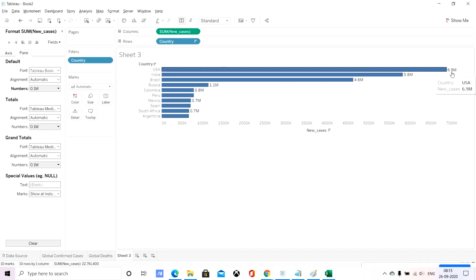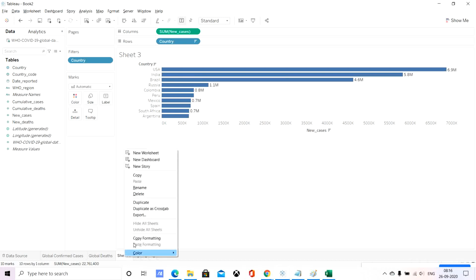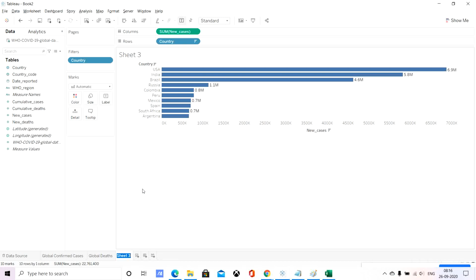So you can see USA has 6.9 million cases. India is very close now. I think in a month or two, India will surpass USA for sure, the way the trends are going. I can name this top 10 countries